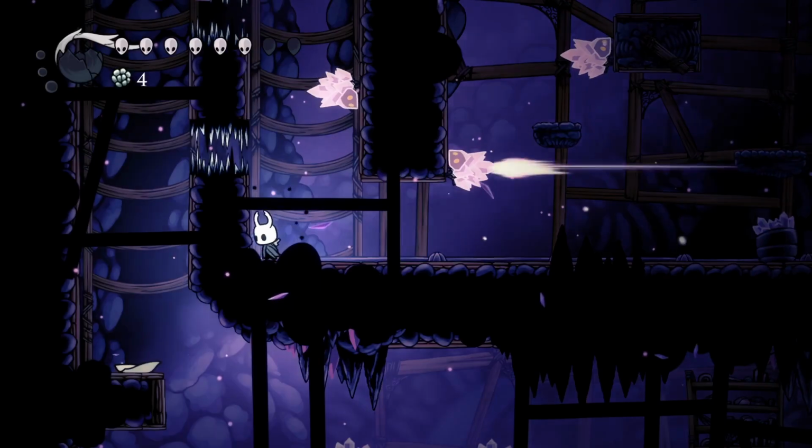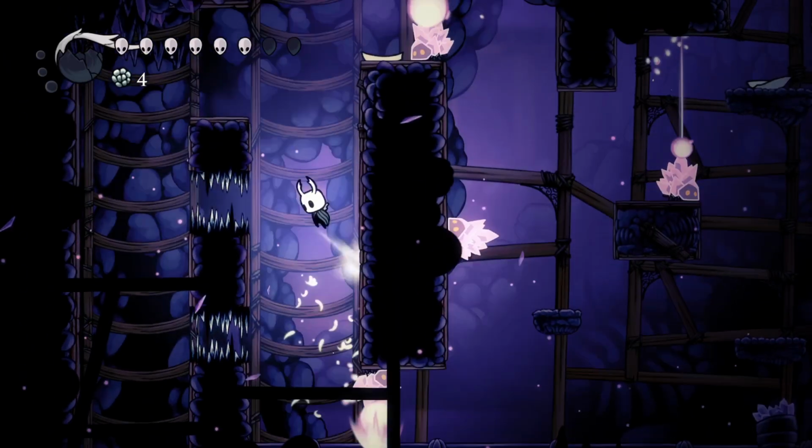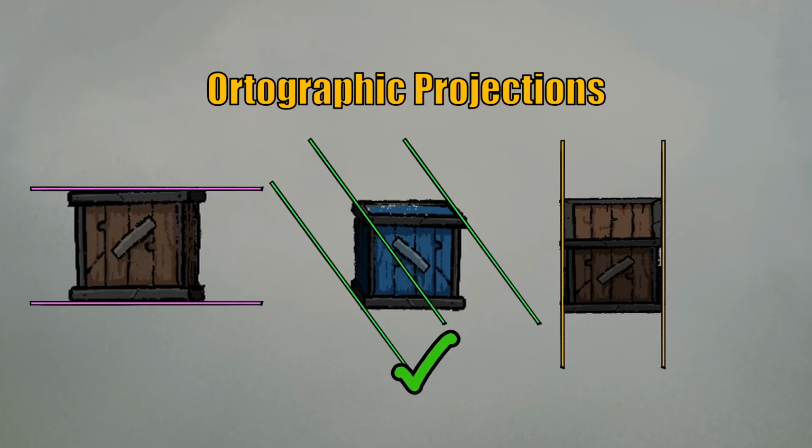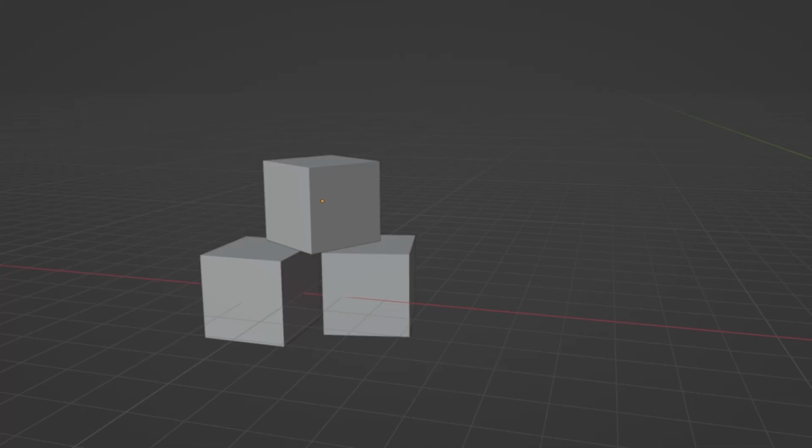But I want to go back to thinking about our side view platform for a moment. Suppose our game is platform heavy, and we need to have our platforms in side view. How should we make our doors in this side view? Well, what a lot of games do is continue with orthographic projections. If we look at what happens if I have lots of weird boxes stacked on each other quite randomly,